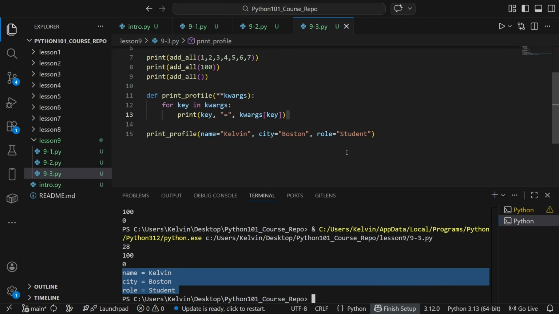Keyword args is often used to accept optional settings like debug is equal to true, retries is equal to 3, or timeout is equal to 10, and similar other configuration parameters in Python libraries. Let's move on to our next exercise,